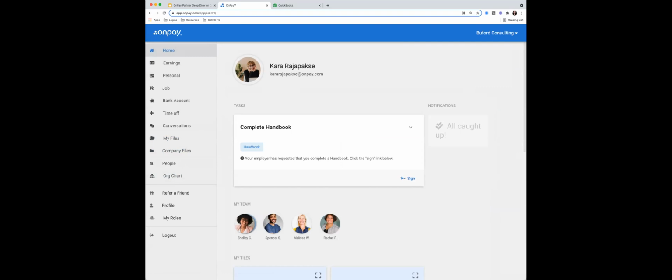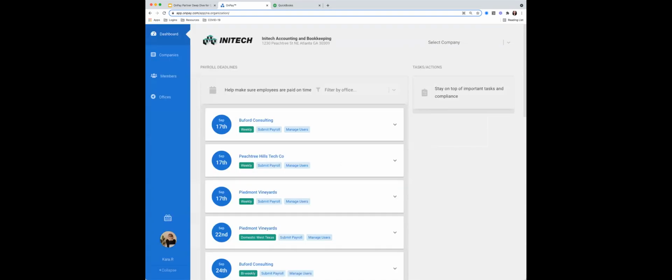I am going to pause my screen share momentarily just to get us back to that main dashboard. So bear with me one moment here. Let me get us back to that starting place. We're going to start from a bookkeeper's point of view. So 3, 2, and 1. You should see that my screen is now updated.